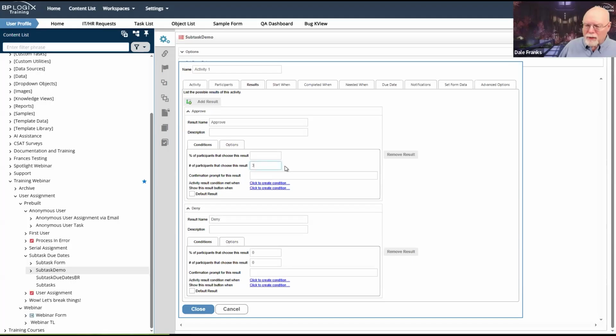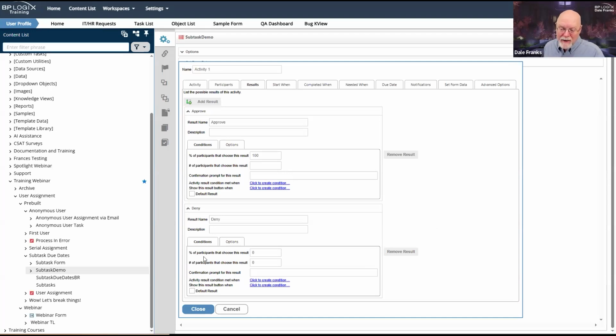And that would require all 3 of my participants. Of course, if I do that and I add a different participant, then I have to come back here and change this. But if I just say 100 here, that requires 100% approval. So I cannot approve unless 100% approve.